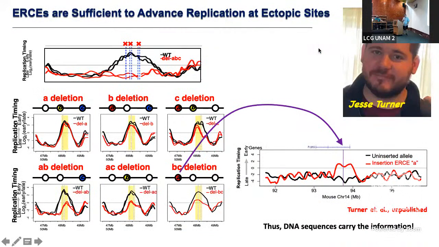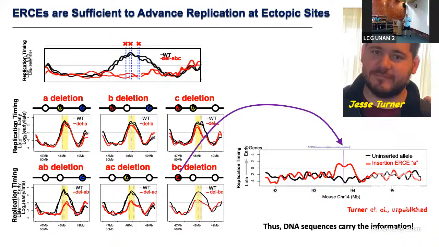The other thing he's doing is transferring them ectopically to a very large late replicating region shown here. And this just shows you if you move this A element, which is actually the smallest one Zhao found, 3 kb, if you move that 3 kb over here, you get an early-middle replication pattern, which is exactly what you get if you delete everybody else and leave A alone at the endogenous site. So this tells us that we can transfer the activity, and now we can do sufficiency assays, which I think are going to be a lot more powerful for us.